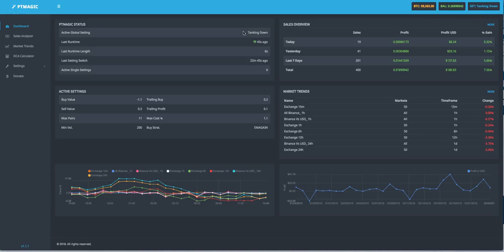Sometimes you'll see like a little yellow triangle right here. And if you hover over it, it's protection against PTMagic constantly changing your settings. So like if you have it set to do a different profile when the market's down, say 5%, and the market is floating between 4.9 and 5.1, it won't be constantly changing your settings every single minute. You can set it for like a timeout to say, okay, it has to stay here for at least 5 minutes or 10 minutes or whatever before it changes to another profile. So